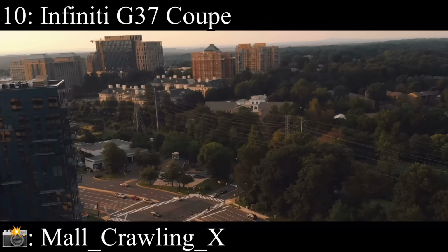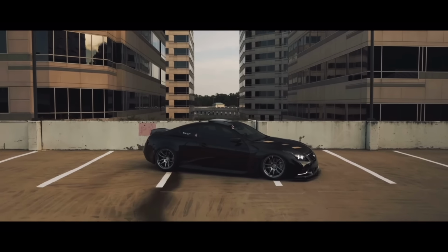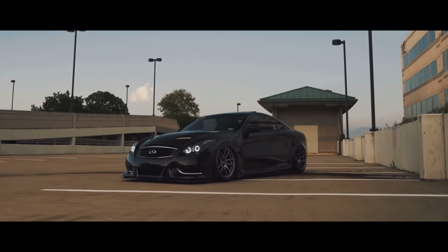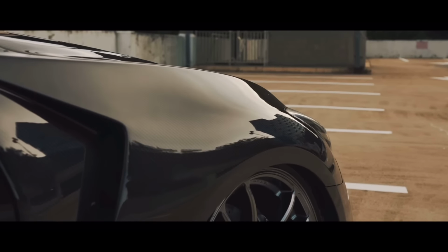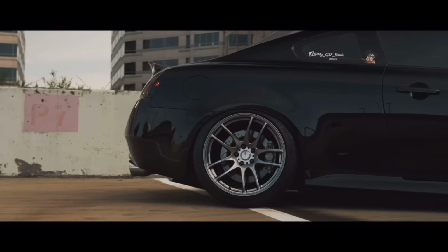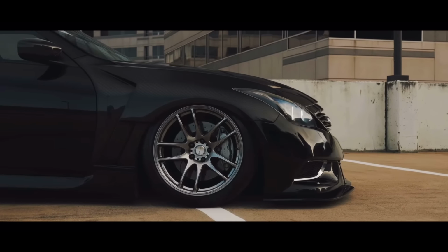Finally, into the top 10s, these are the cars that actually matter, that I actually put in order from the ones that I think are the worst to the best. And number 10 is the Infiniti G37 Coupe, which comes with a 3.7 liter V6 that makes 330 horsepower, and it was all-wheel drive or rear-wheel drive, and they look so classy, but so aggressive at the exact same time,